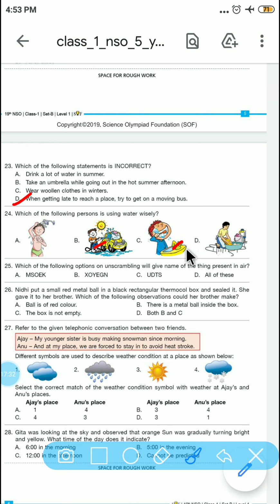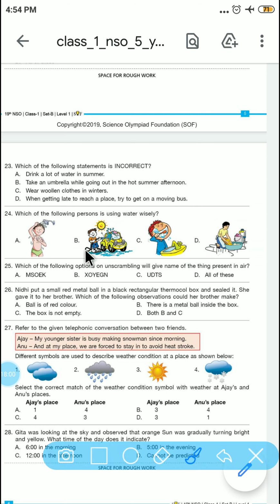So what will be the wisest, water-saving way? Option C, because the tap is not open here. If you see, in all the rest of the three cases, the direct flow of water is done. So option C will be correct. Okay,